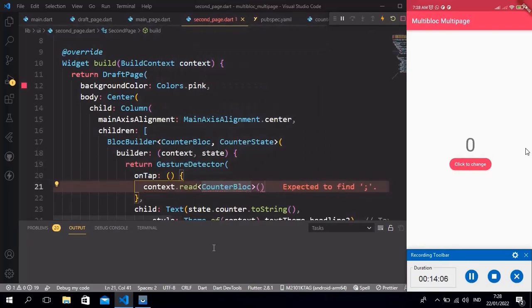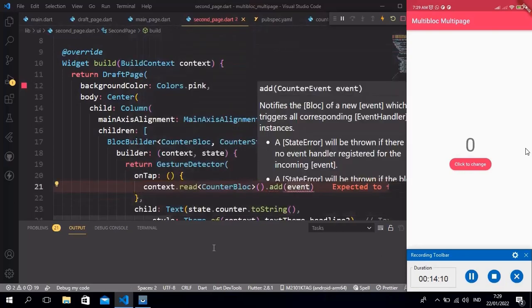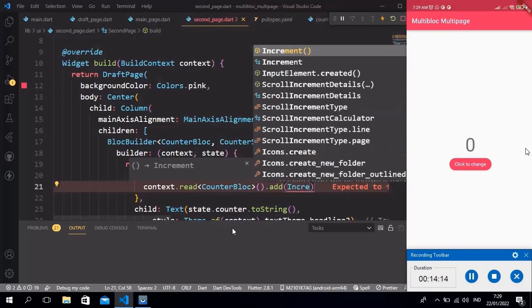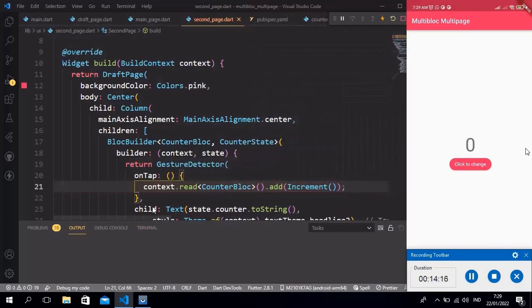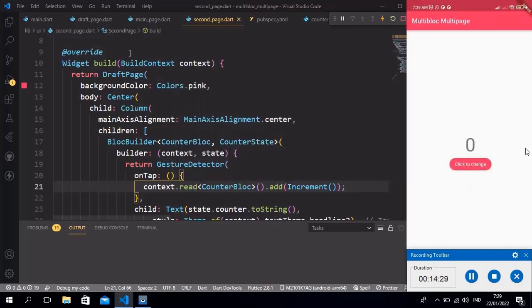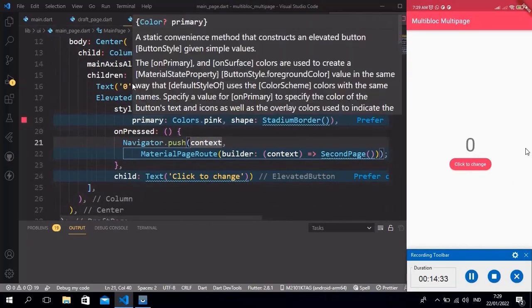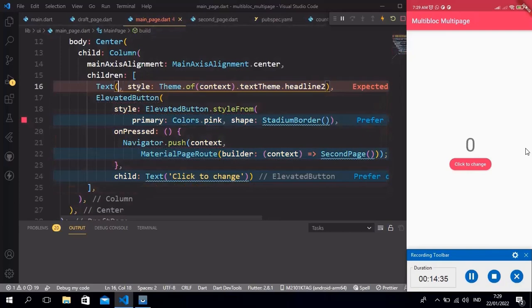The way to trigger the event is we call context.read of CounterBloc dot add event, and the event is increment. Okay, if the number is pressed, it will add the number.